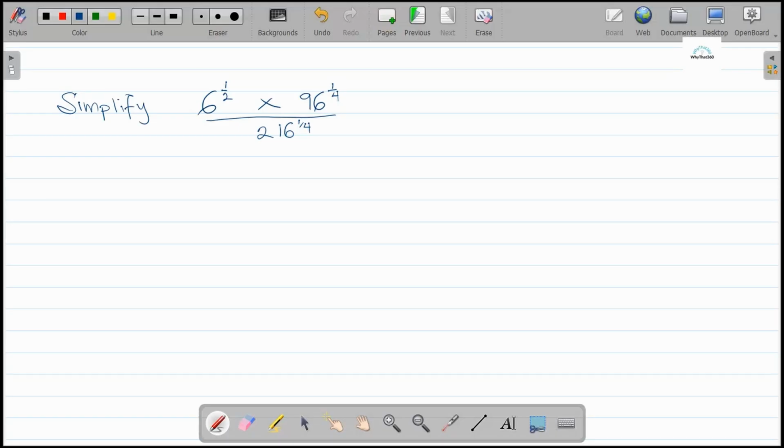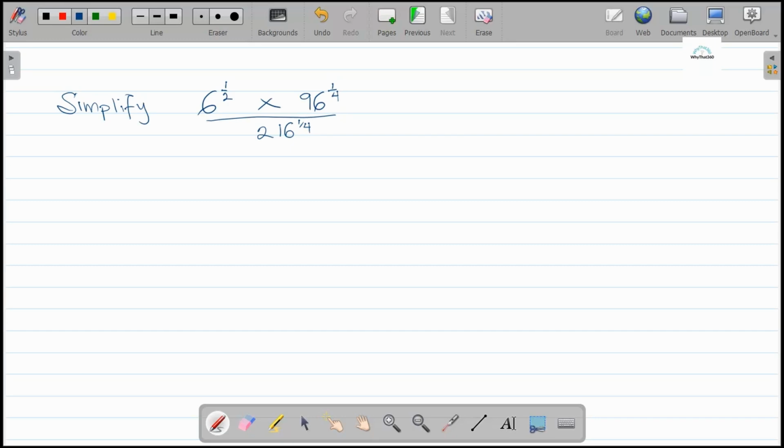This is the question. We are to simplify 6 to the power 1 half times 96 to the power 1 fourth, divided by 216 to the power 1 fourth. To solve this question,